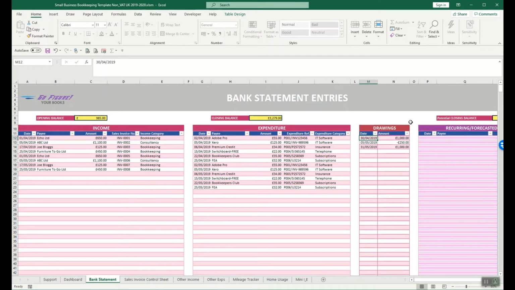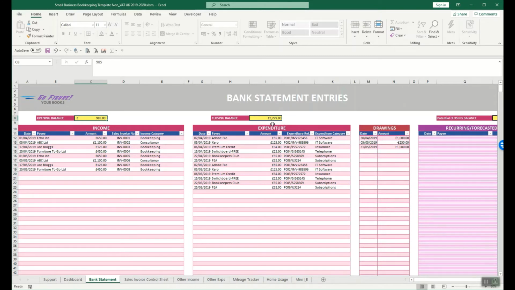And then over here, which isn't in the tutorials, I must admit, this is something that I've added in since then. But basically, if on the 30th of April I gave myself £1,000 dividend or a drawing, but on the 5th of May I actually put £250 back. Now this is reverse, so when you take money out it's a plus, but when you put money in it's a minus. I know it's quite confusing, but you'll understand when you come to do the dashboard why this is the way it is. So my opening balance was 985,